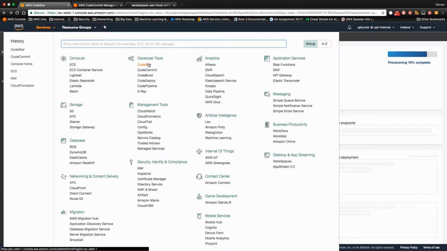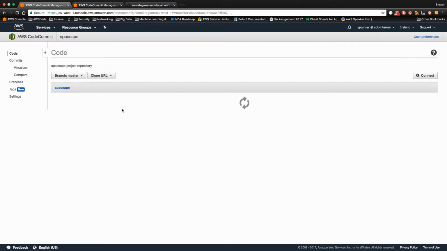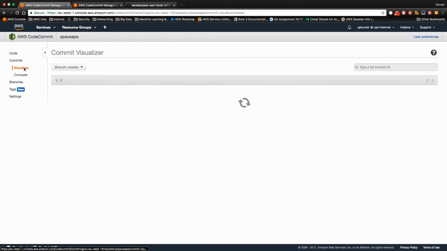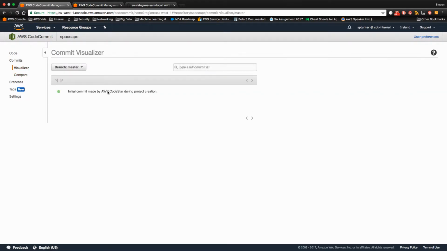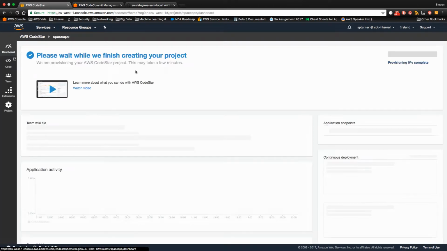Okay, because I'm being super impatient, I'm going to just go over to the CodeCommit part as well. And you can see now it's actually creating that repository. And if I click through to that, it gives me this view of it. It's a bunch of files that have been created for that particular project. You've got things like a visualizer which will show you the commits over time, so you can track what's been going on with it. And you can branch it as you normally would as well. So I'm feeling rather confident now that I'll go back to this bit, and yeah, we've got our new code base now.